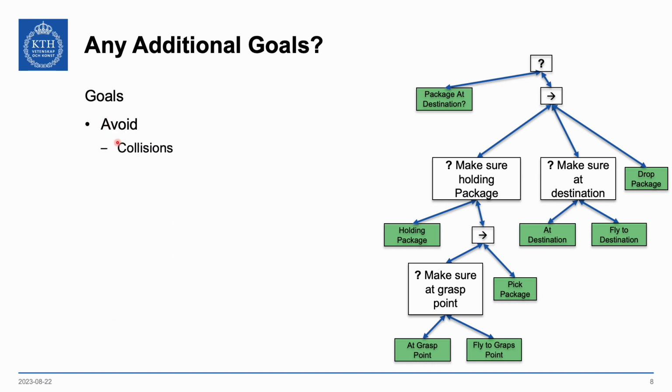We want to avoid collisions, of course, because that's going to break our vehicle. We want to avoid no-fly zones. Maybe there's an airport nearby. Maybe there's a helicopter landing site. Maybe there's no-fly zones for other reasons. We want to avoid those. We also want to avoid running out of battery. And then we want to land when the mission is done. So we have some set of goals here that we're going to